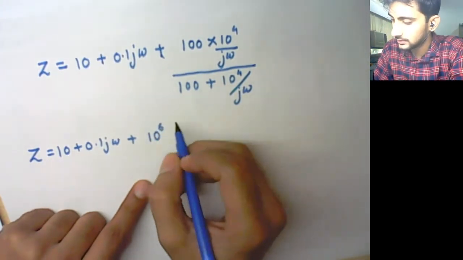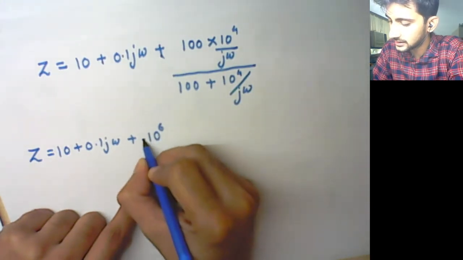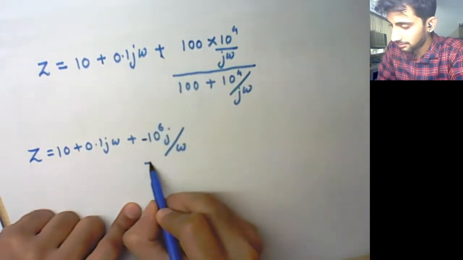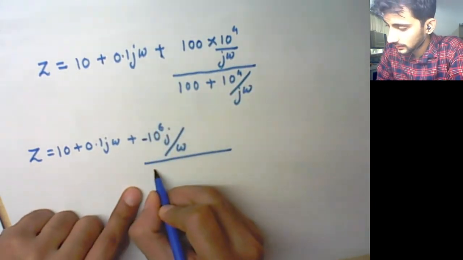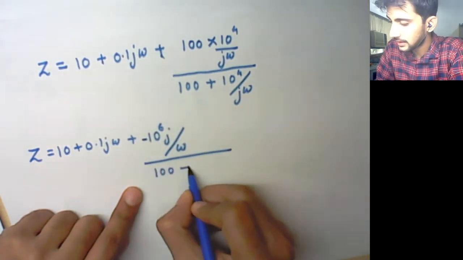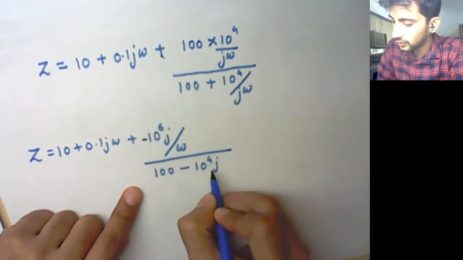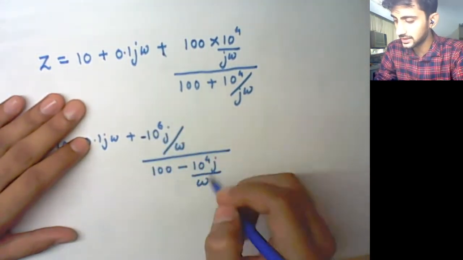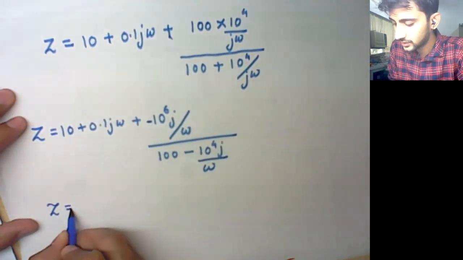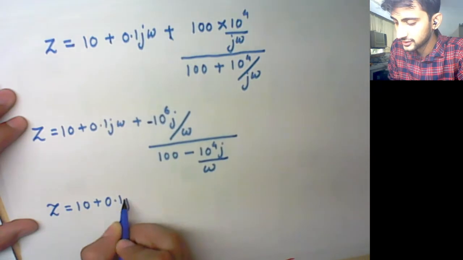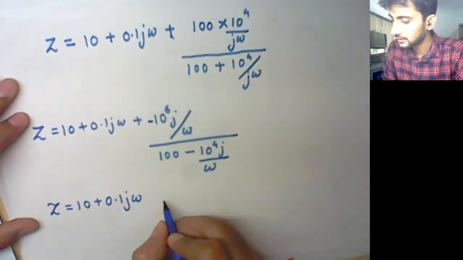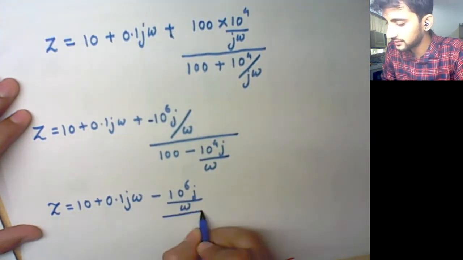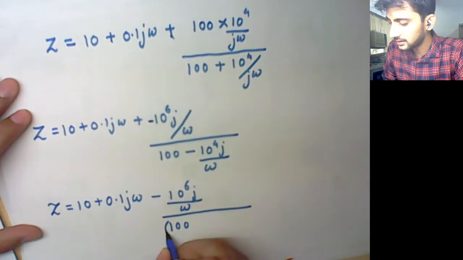10⁻⁶ माइनस साइन अपॉन इंटू j अपॉन ओमेगा. माइनस साइन लिख के यहाँ j लिख सकते हैं, अपॉन 100 माइनस 10⁻⁴ j अपॉन ओमेगा. अब इसे आप रैशनलाइज करें, इस टर्म को रैशनलाइज करें. It would be Z is equals to 10 plus 0.1 j omega फिर माइनस 10⁻⁶ j अपॉन ओमेगा डिवाइडेड बाय 100 का स्क्वायर